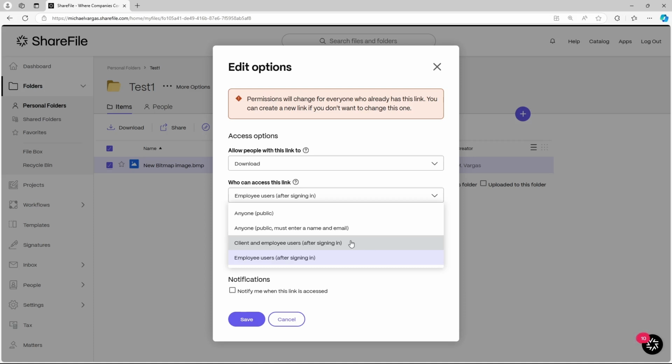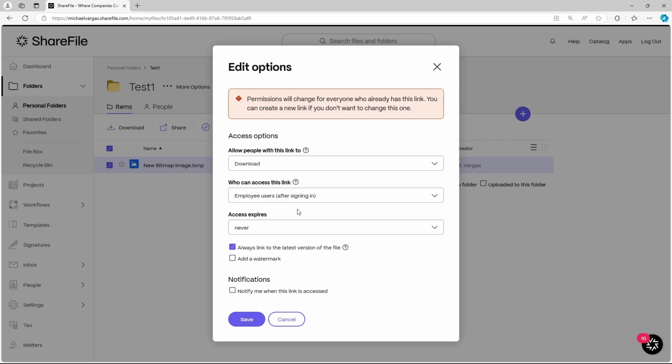Because if the recipient doesn't have an account, that person won't be able to access ShareFile or access this link in this case. And last but not least, we have employee users. This is the extra secure option. And this is after signing in as well.